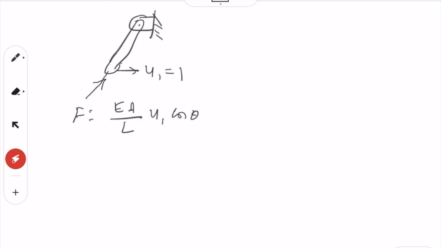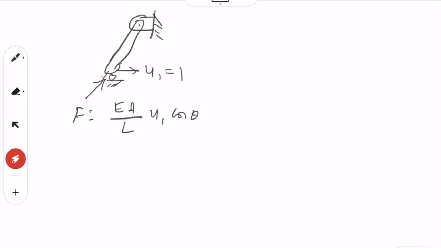Now we have to find out what the force is when you have moved by u1. Remember, we also have a roller support here, so we have moved in such a way that it is not moving up and down here. It is only moving in this direction. We have fixed up and down movement here, and also fixed both degrees of freedom. Only this degree of freedom in which the displacement is applied is free. So u1 equal to 1.